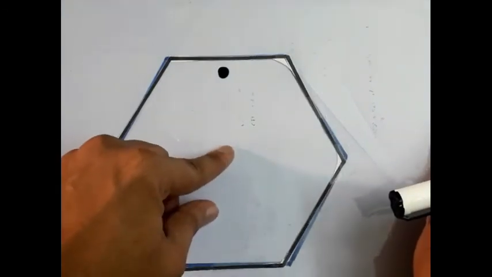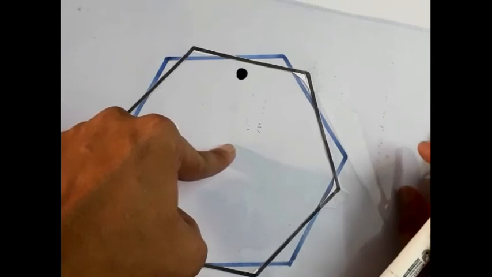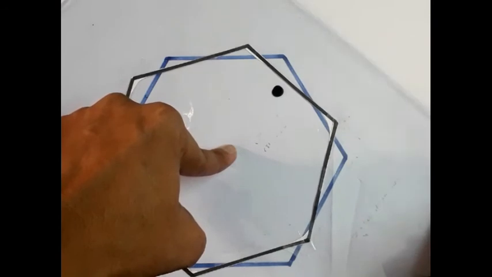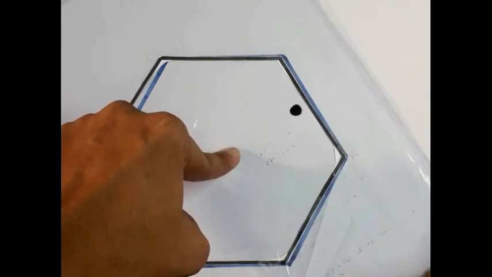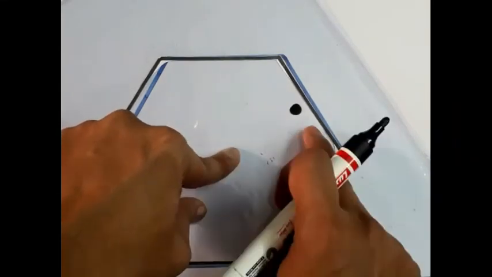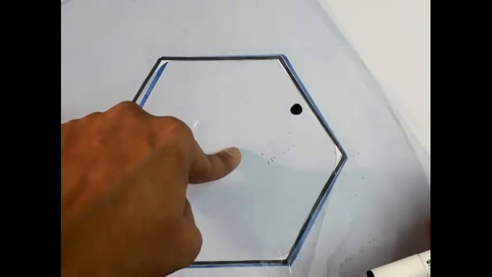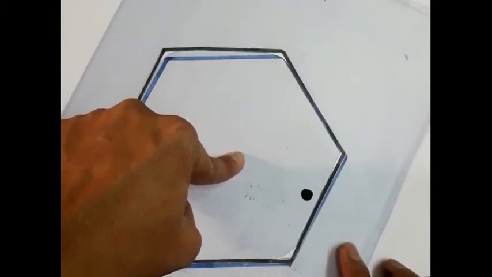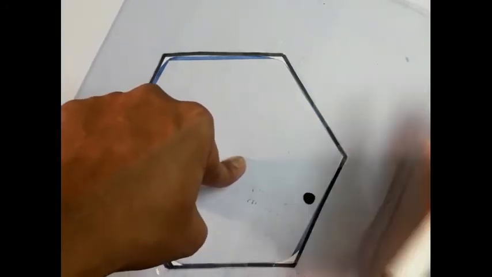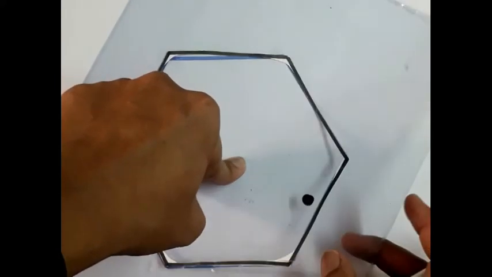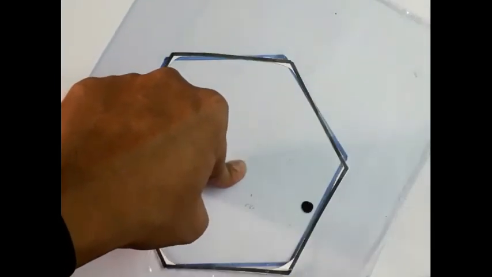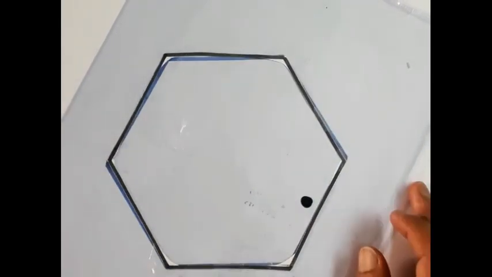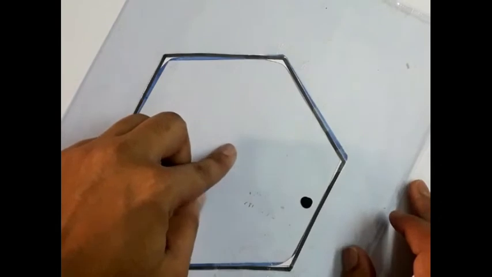We are going to check how many times the figure is going to match itself. So here first match, second match. Okay, we are done with second match.